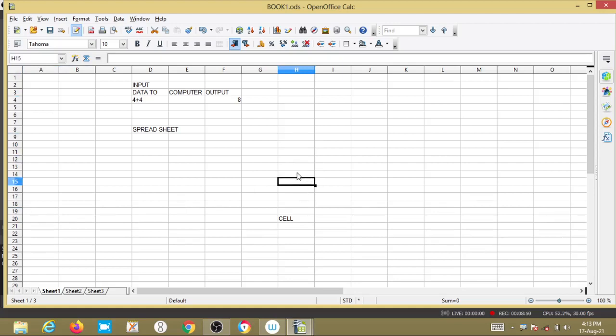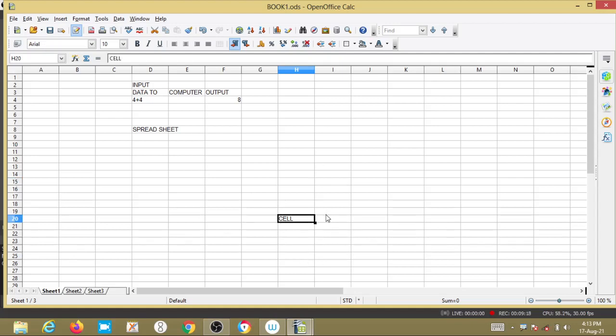Spreadsheet, again I am telling, is a grid of rows and columns. That means a proper arrangement of the rows and the columns. I already told you that the intersection of rows and columns is called a cell.